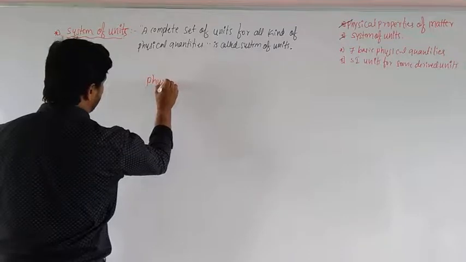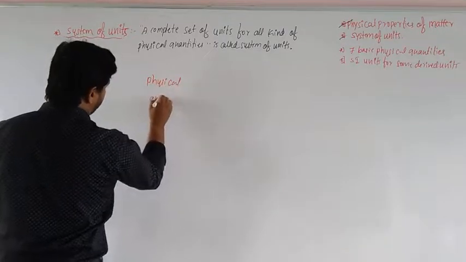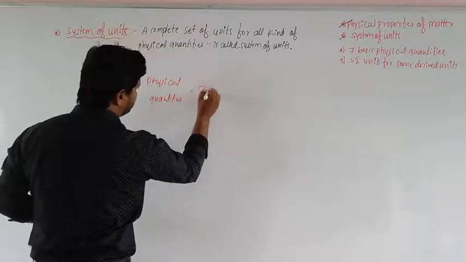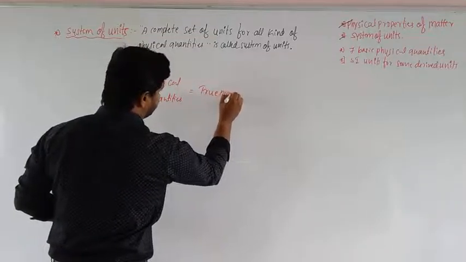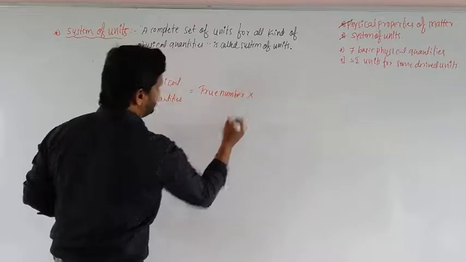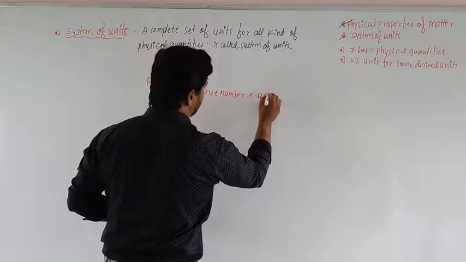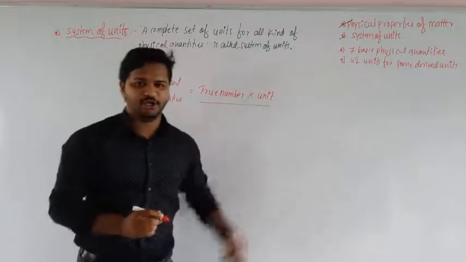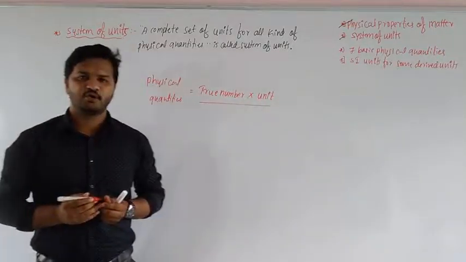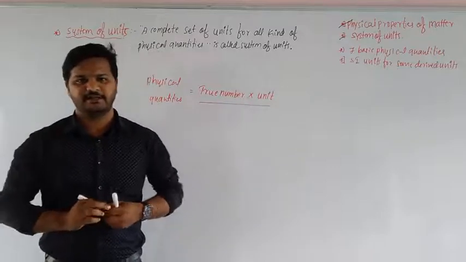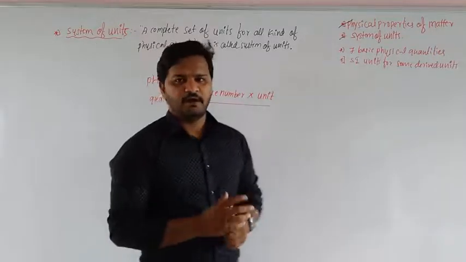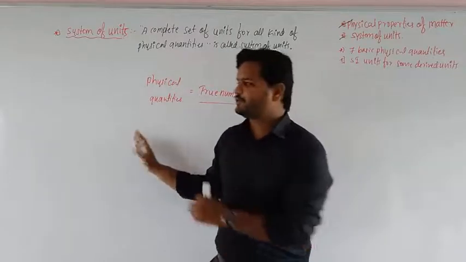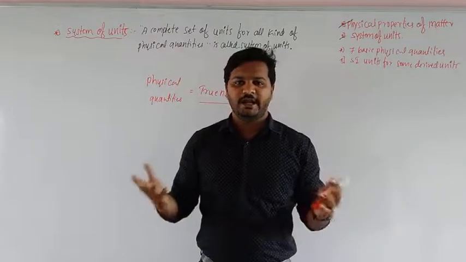How do we describe physical quantities? Physical quantity is equal to true number into unit. Or you can say the combination of true number and unit is called a physical quantity or a physical unit. Student, again one more example, this white board. What is its mass, 10 kg or